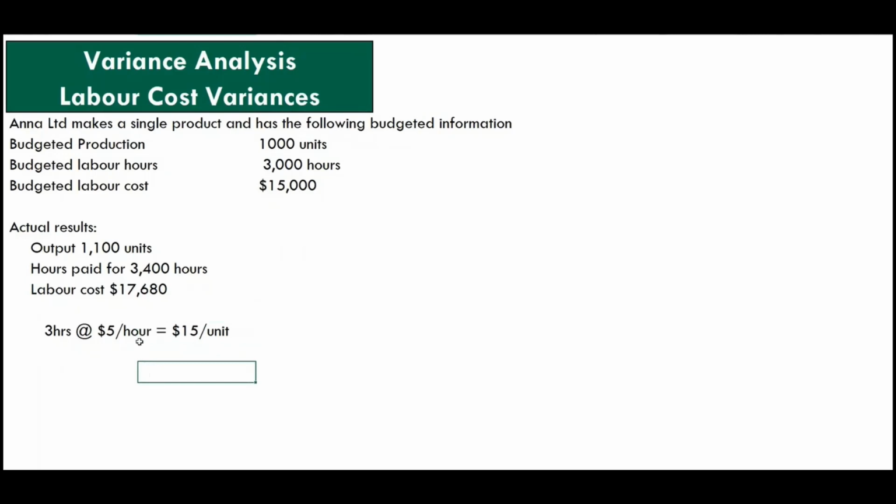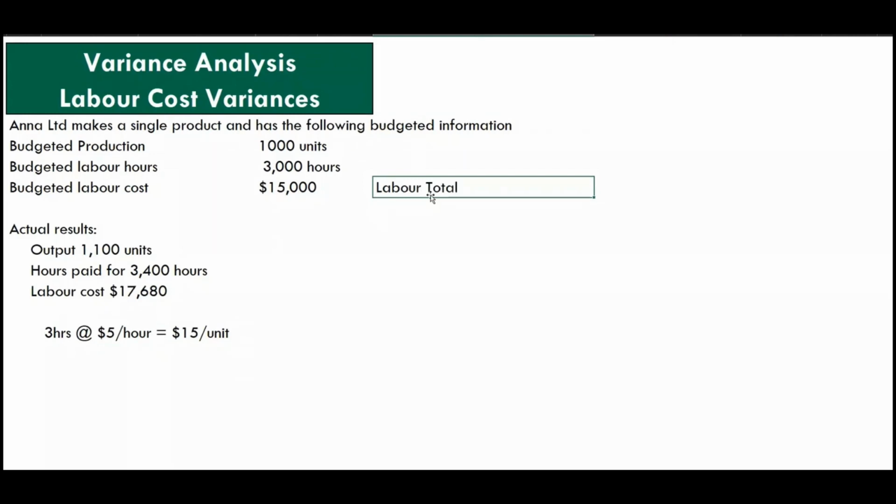So I have my total cost variance. If I'm trying to address my total cost variance, then I'm trying to address this $15, because the total talks about the units being produced. Then the $5 has to do with the rate variance, and the 3 hours has to do with efficiency. When you talk about efficiency, you're talking about hours. So let's start. The labor